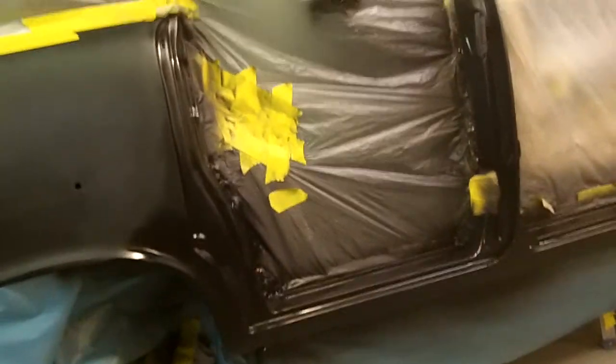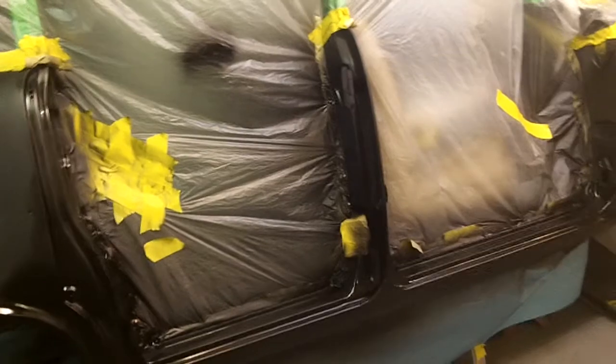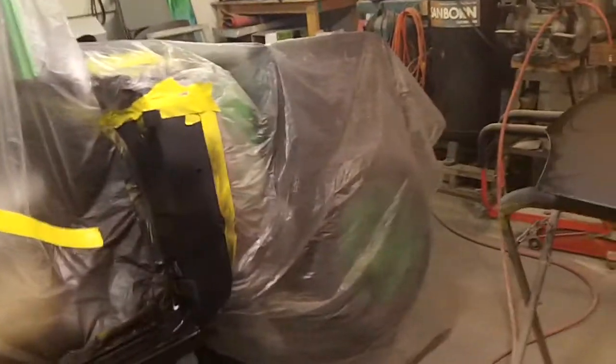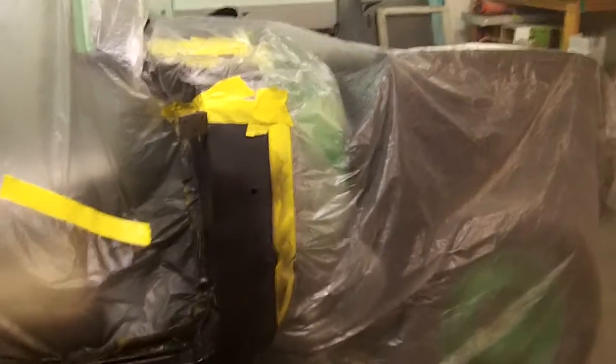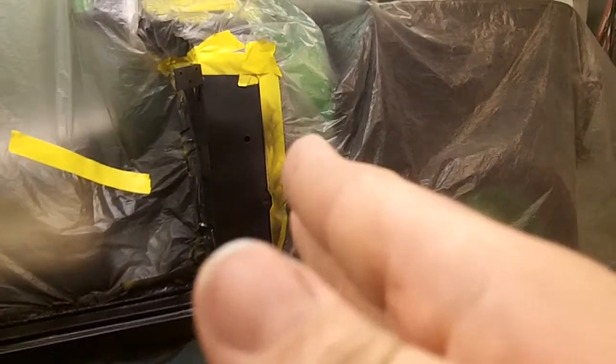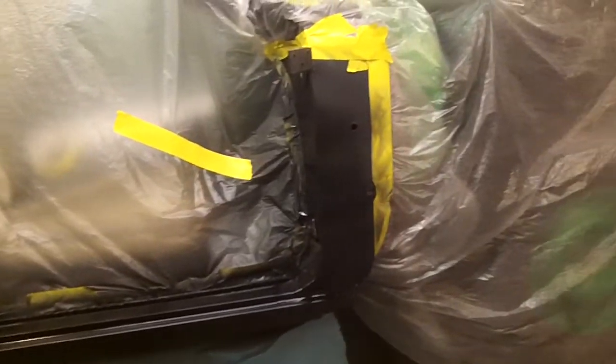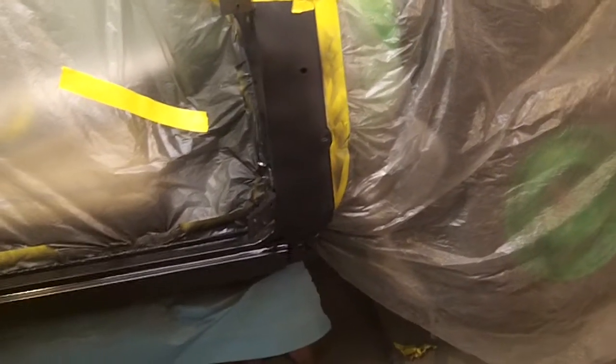So I've been working on the jambs on this side. I did get the doors fit on this side acceptable. Then I went to fit the fender, and the fender would not come back far enough. I had a gap I could stick my fingers in this way. Not acceptable. So the conclusion that I came to was that the aftermarket rocker panel